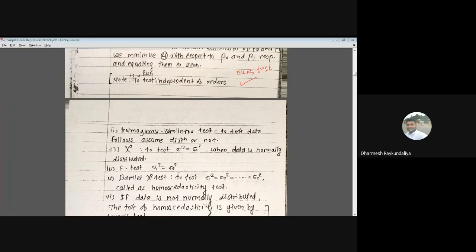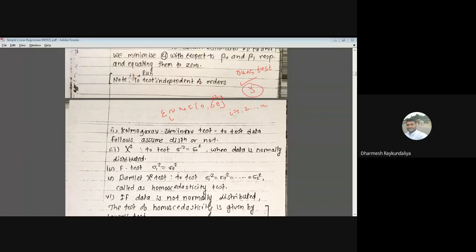तो आपके पास एप्सिलॉन, एक्चुअली ये assumption किसके ऊपर है? एप्सिलॉन के ऊपर, because we said that epsilon is normally independent with mean 0 and variance sigma e square. So these assumptions are on epsilon i. But epsilon is not available. So initially what happened? We say that y is a linear function of epsilon. So whatever assumption holds for epsilon, that is also true for y. So we always check with the runs test whether the data are independent of order or not. So we apply the runs test on y.